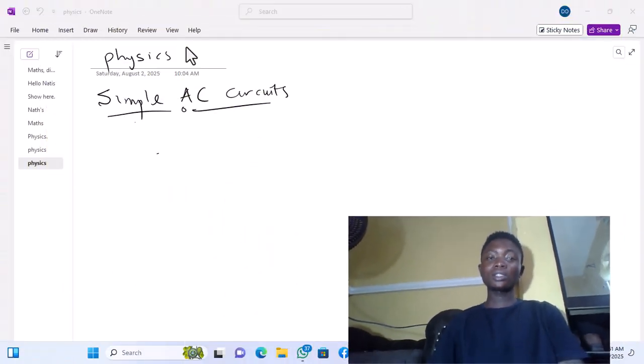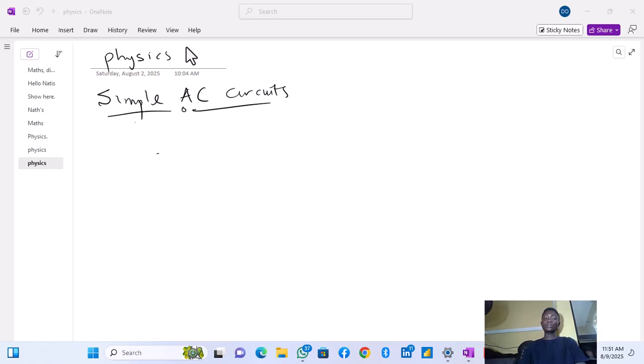So I'll be showing you how to deal with simple AC circuits. What is an AC circuit? AC means alternating current. So now, usually these circuits, let me just give you an example of such circuits. These circuits usually contain